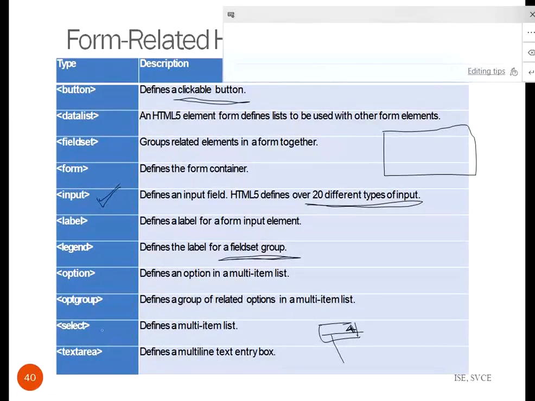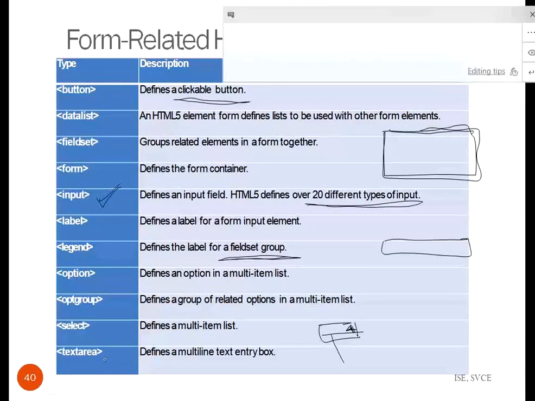Then text area. Okay, if you want a larger area to enter the information. If it is just a simple text box, there is a limitation on the number of characters to be entered. If you want to enter the information in multiple rows, like for example a description of some particular information, that can be done using this text area.